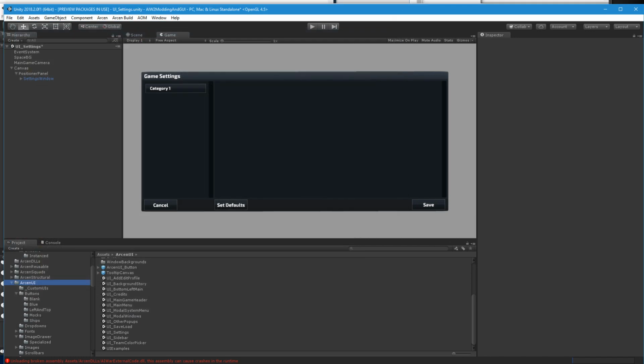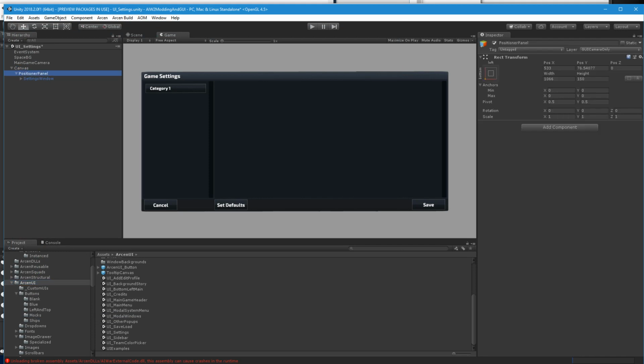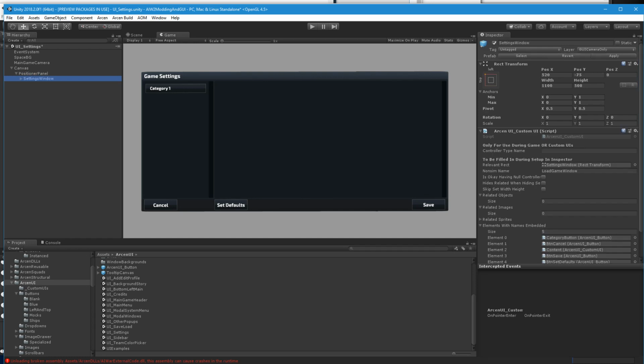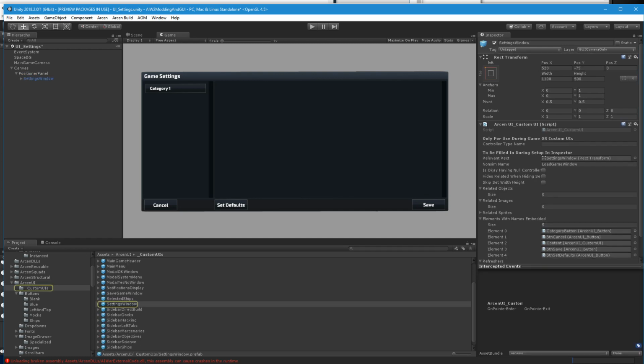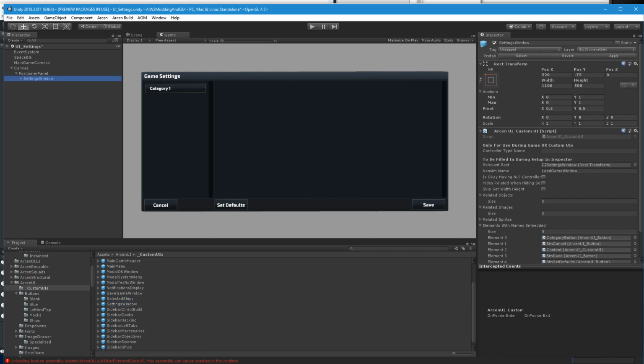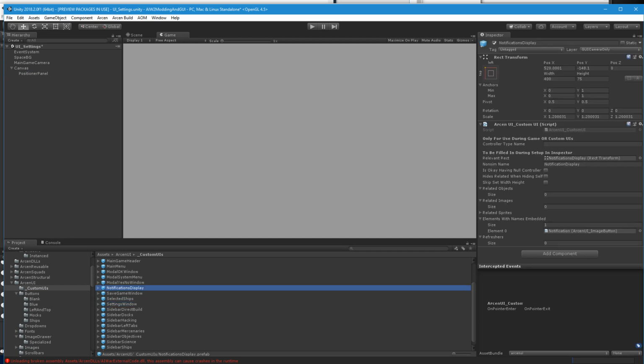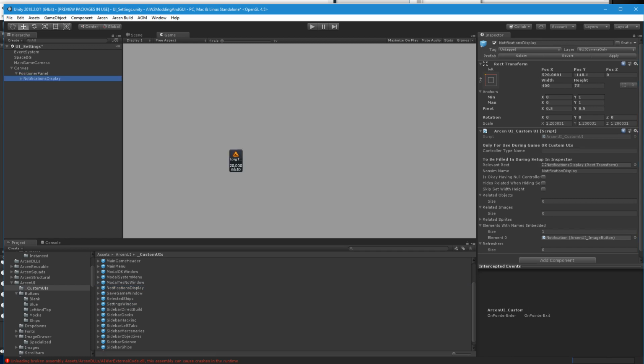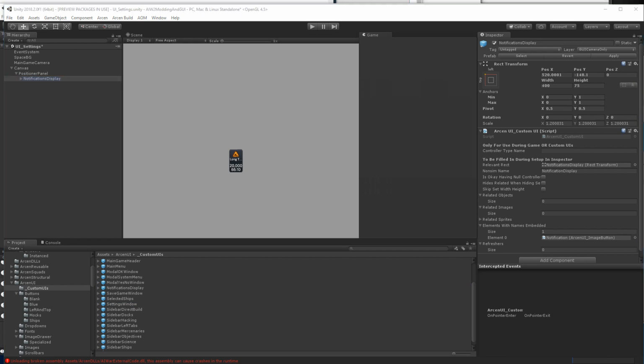Under UI, under whatever the scene is called, there's a canvas and a positioner panel, and that is really useful because you can drag. If you hit settings window and then hit select, for instance, then it'll take you to where the prefab is, which these are all in custom UIs. I can just drag any particular item under the positioner panel there, and then I can see what's going on with it. Now, this is the main game view, which shows what it'll look like in